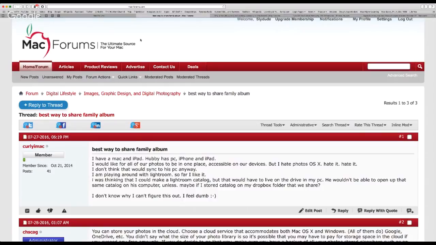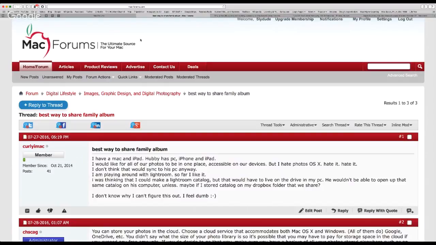Now, there are a couple things I want to mention that you might want to think about as you're doing this. First of all, if you are on a limited bandwidth type of account, or you have a slow connection, if you're uploading a lot of photos or doing this on a regular basis, this can get very bandwidth intensive depending on the photos, number of photos, and the size of the files. And also keep in mind, one of the things that I personally would want to check into if I were doing this is